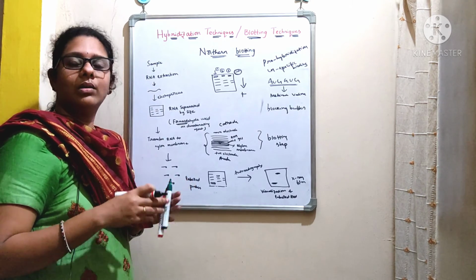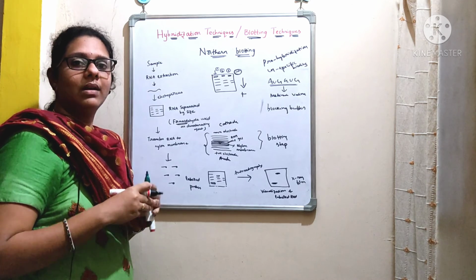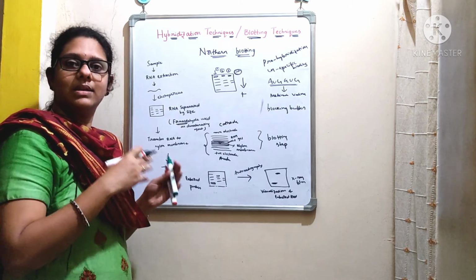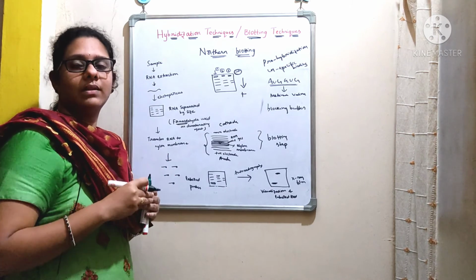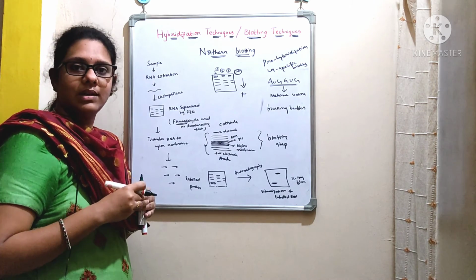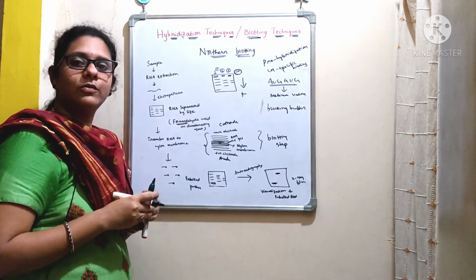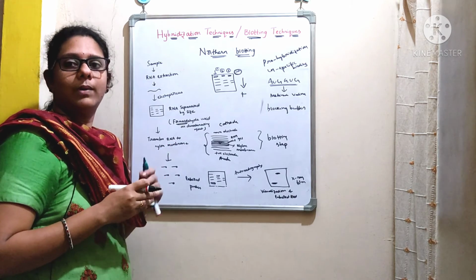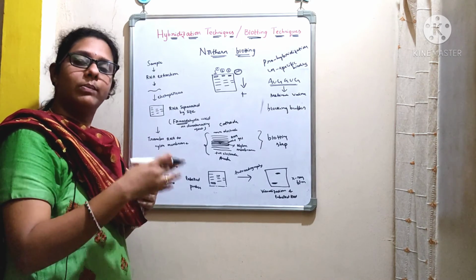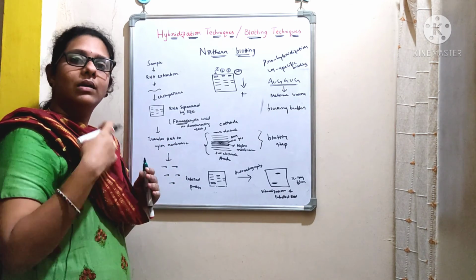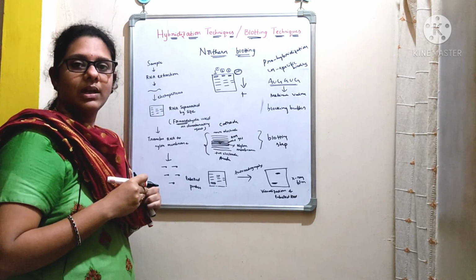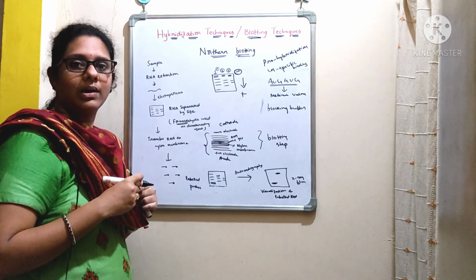Both the southern and northern blotting techniques are quite similar, performed to identify the nucleic acids DNA and RNA. In case of the southern blotting technique, we use sodium hydroxide solution as a denaturing agent, and in case of northern blotting we use formaldehyde. And in both techniques we use radio-labeled probes. Before we proceed with hybridization, to prevent the non-specific binding of probes, we go with the pre-hybridization step, where we use a blocking buffer.